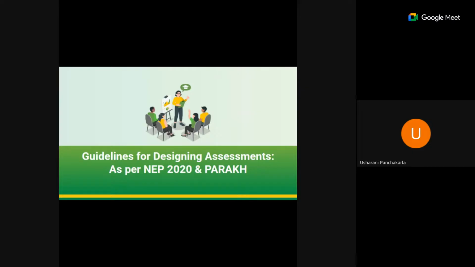Now coming to assessment for learning, as you said in the first go, that is formative, where the assessment is happening during the process of learning, where the teacher gives some instructions, gives feedback, and guides the teaching. Now coming to the second one, that is assessment of learning, which we call summative assessment, where the teacher judges the achievement of the learner using exams, board tests, and term exams, half yearly, quarterly, etc.